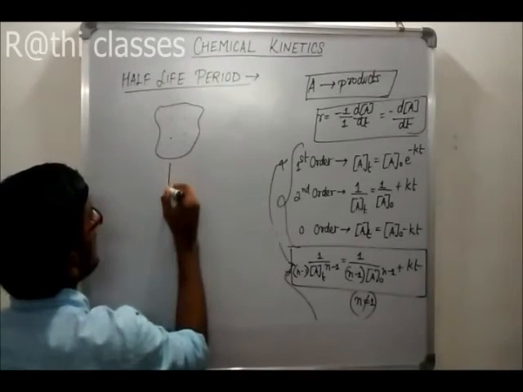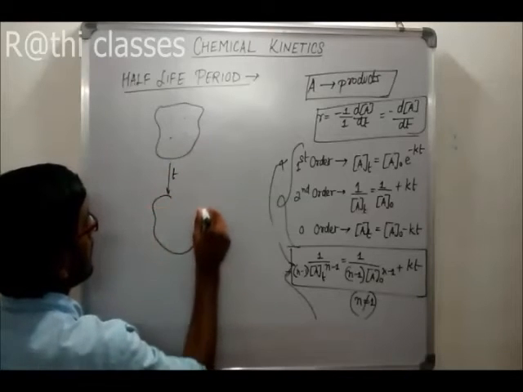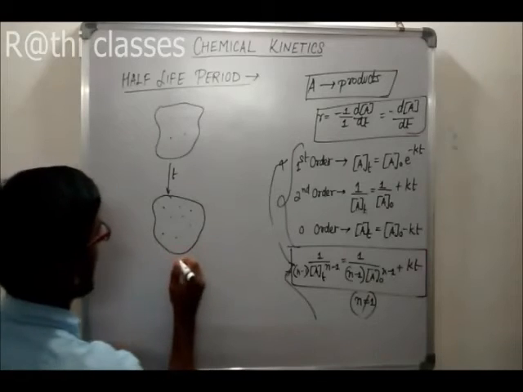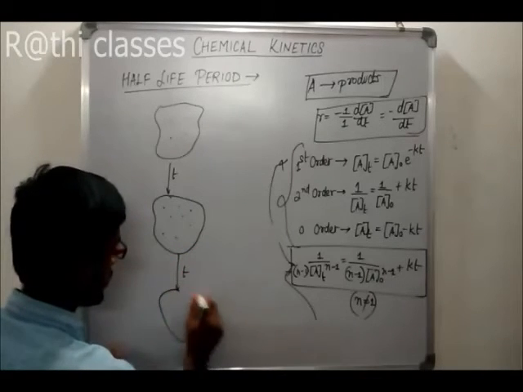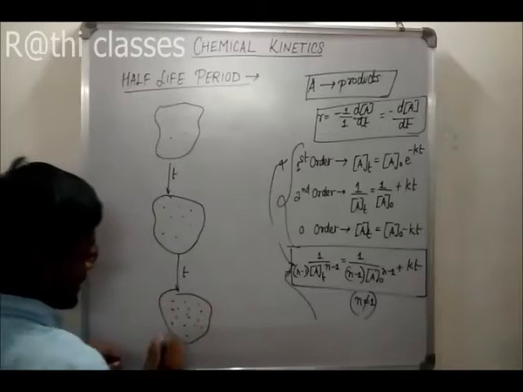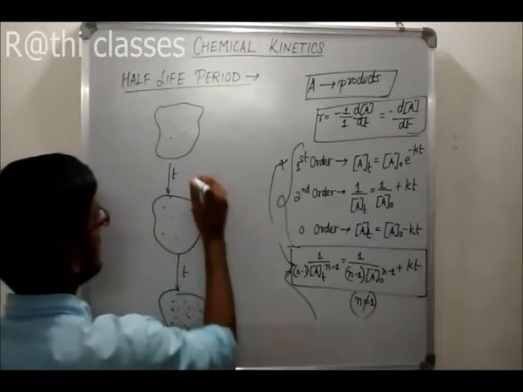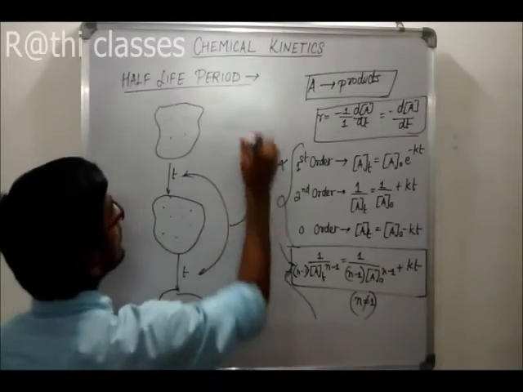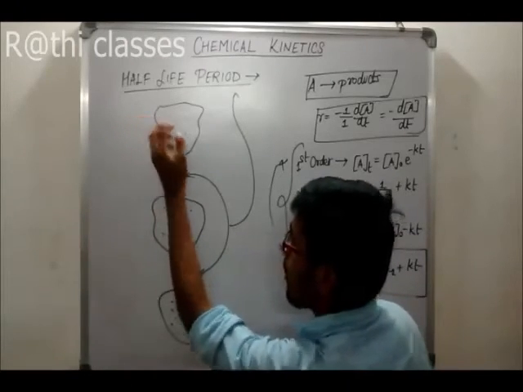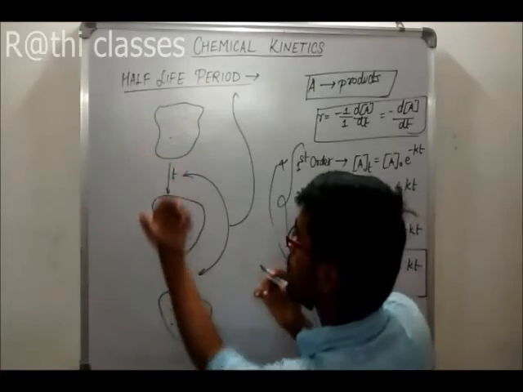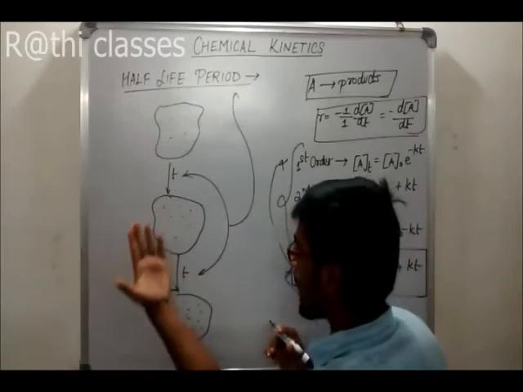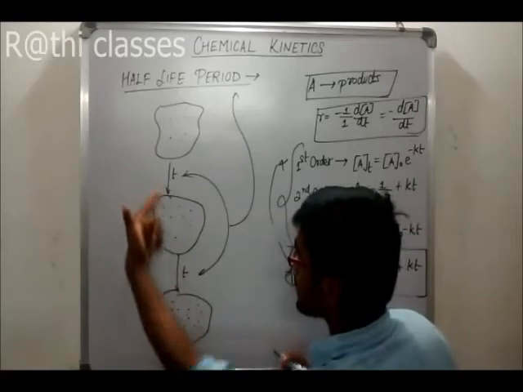After some time t, it converts into 8, and after some time t, it converts into 16, right? Then this time t will be known as the half-life period. Understand? After some time t, this changes by half of its original value. If this time and this time is the same, then we will call it the